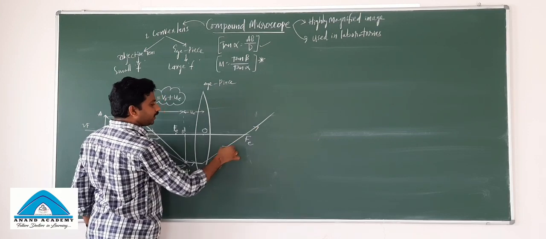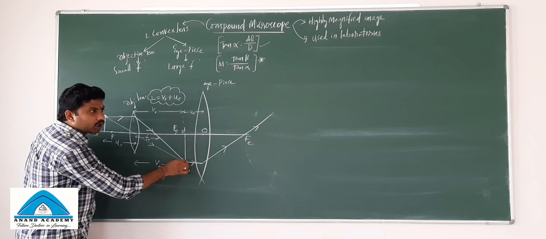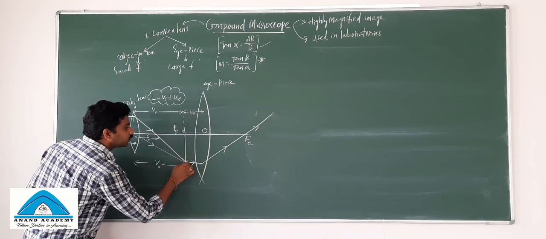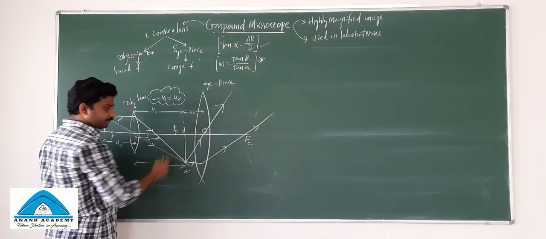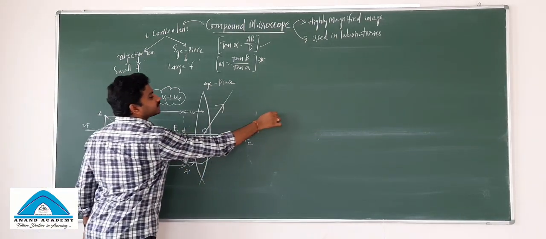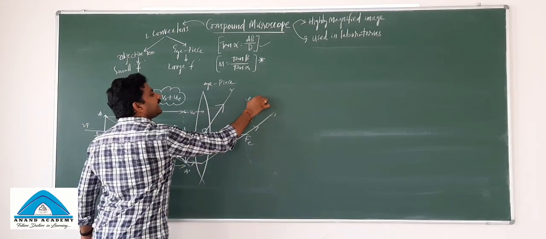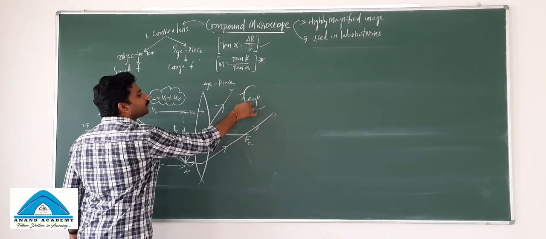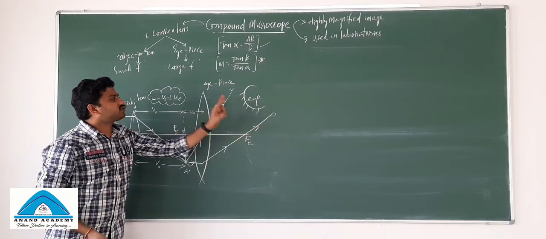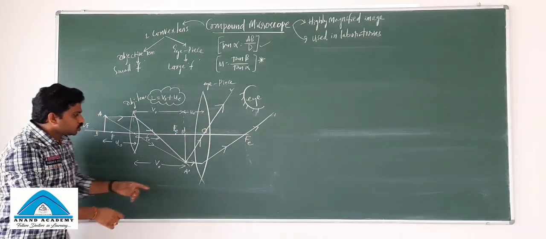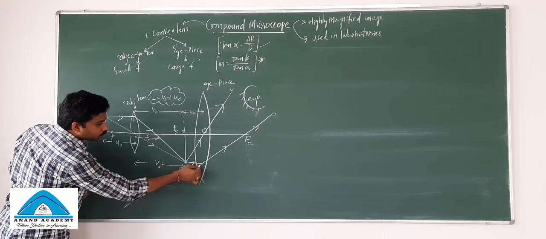So, in this way, it is good. Now, another light ray is passing through the optic center, like this. This is the first refracted ray and the second refracted ray. The human eye is looking from this point. These two refracted rays will never meet each other. So, that is the reason there is a formation of virtual image.